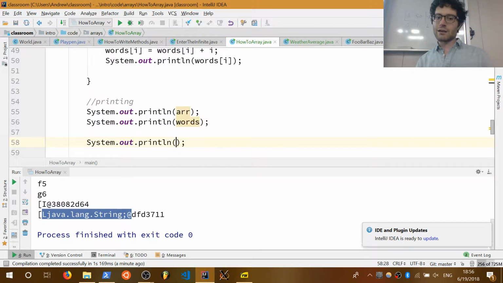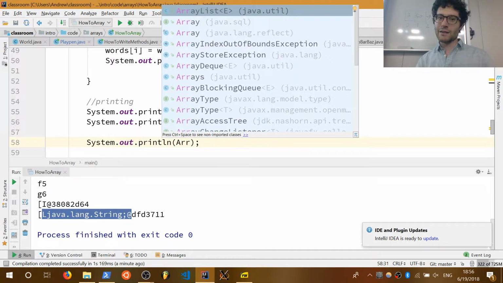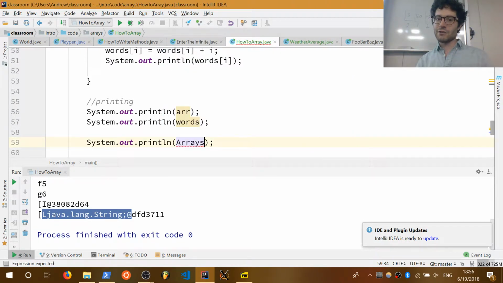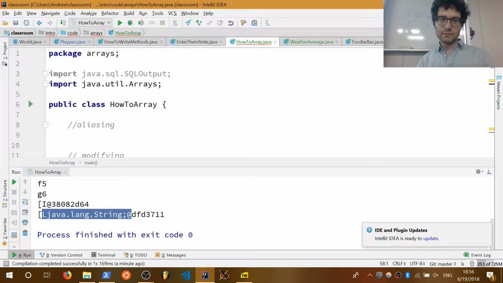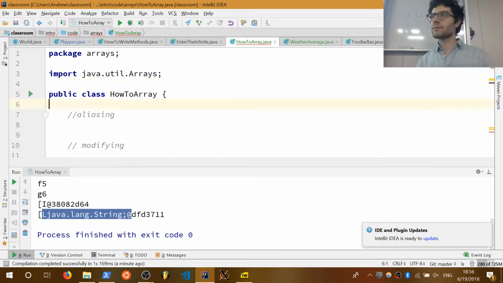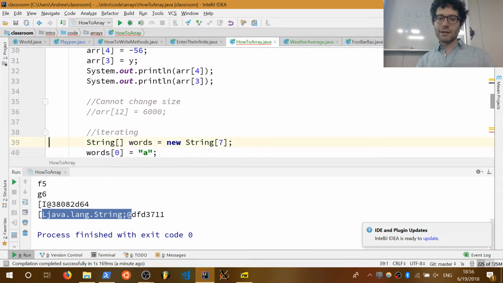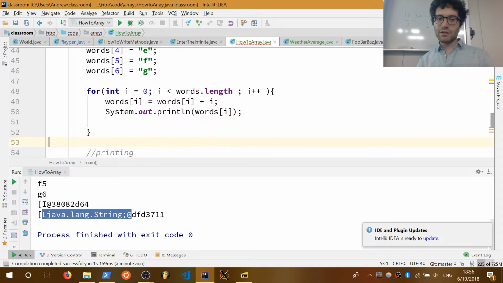And they're located in, just like there's an integer class for all the stuff you want to do with an integer, and a double class for all the stuff you want to do with a double, there's an Arrays class for all the stuff that you want to do with arrays. So it's Arrays, plural, in java.util, and you do have to import it. java.util.Arrays. So you import that, and now we can use something called